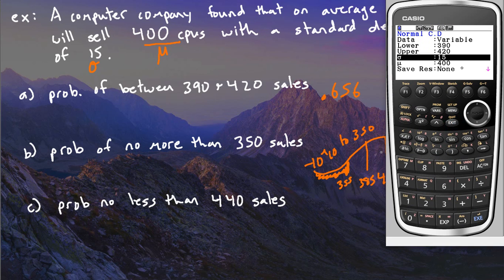Okay, so I don't need to change any of this, but my lower bound is now negative 10 to the 10th. And again, that's just saying negative infinity. And our upper bound, we don't want to go beyond 350 sales. We want to know the chance that he's not doing a good job. Now we do get this very small number here. I don't know if you can see. Your calculator might put out something like this,